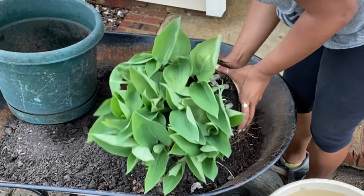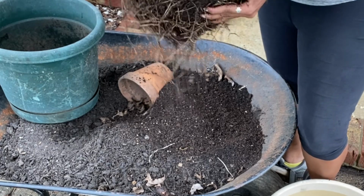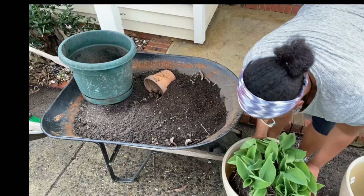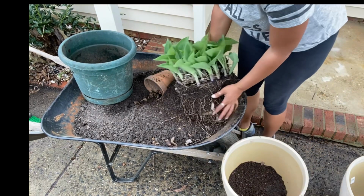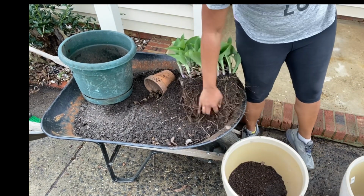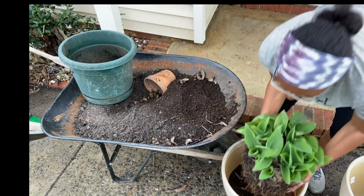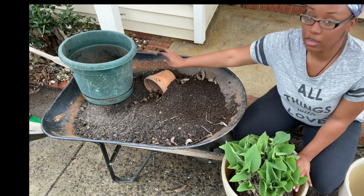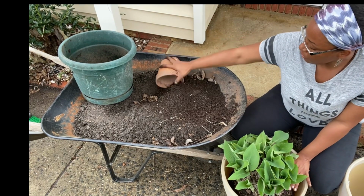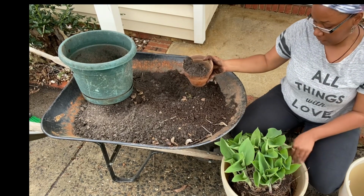When transferring your plants, feel free to shift back and forth to figure out how you want your plants to be situated in their new pot. Mine were sitting down a little low and a little crooked, so I moved them back and forth to make sure I had the right height and that the roots were going to be loose enough. They come back every year and then they get these beautiful, long, elegant white flowers on them